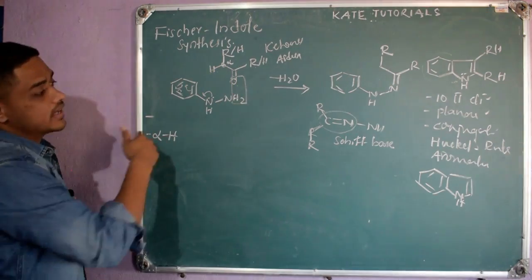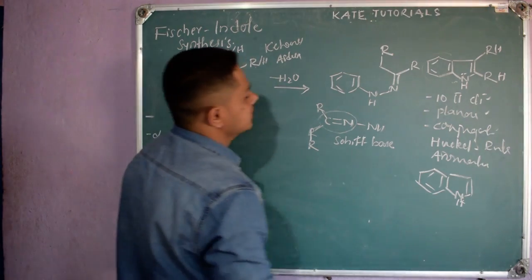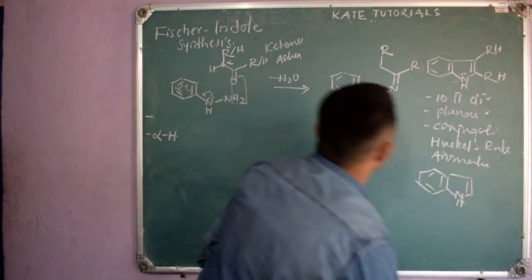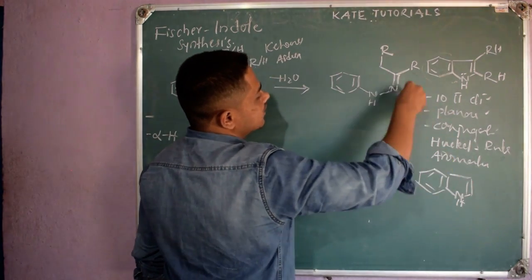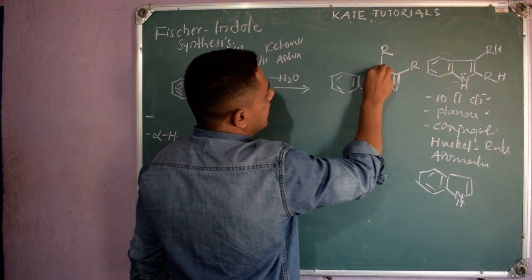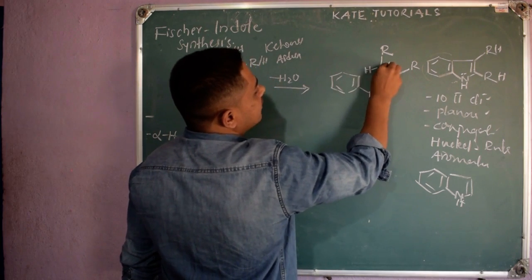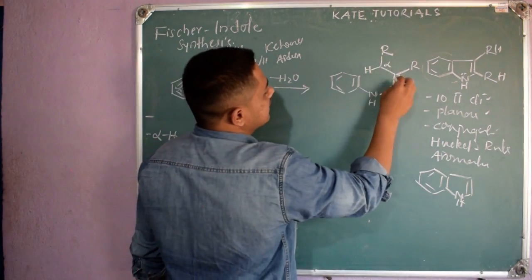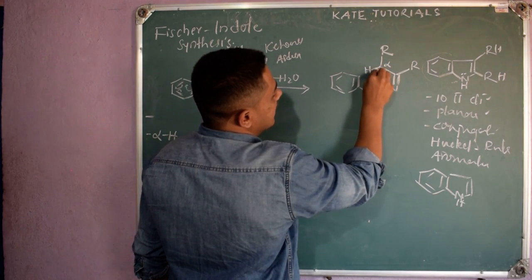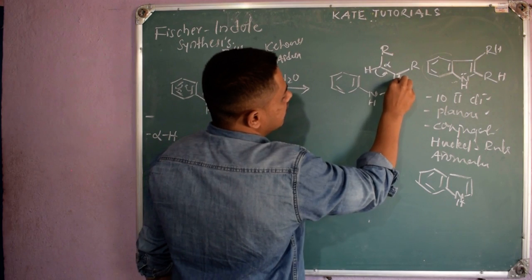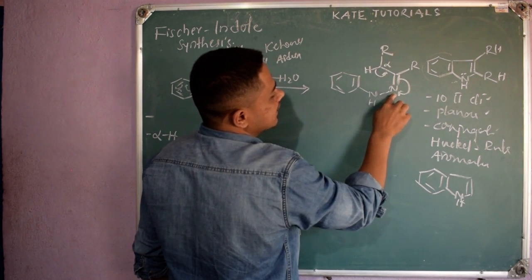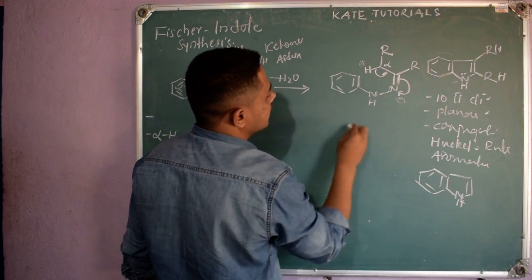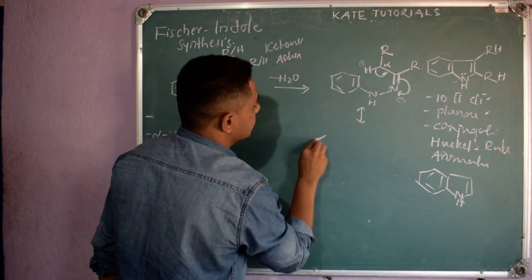So why we need this alpha hydrogen, that you will understand here, right? This is nothing but our Schiff base. Why is it a Schiff base? Because C double bond N is there, so it is nothing but a Schiff base. So here I need alpha hydrogen. This is the alpha carbon, and this hydrogen we call alpha hydrogen. Why we need it? Because see, here this bond is there, right? The sigma bond will go here, and this pi bond comes on nitrogen. So nitrogen gets negative, this proton gets positive. So the nitrogen and proton will combine and we will get this product.